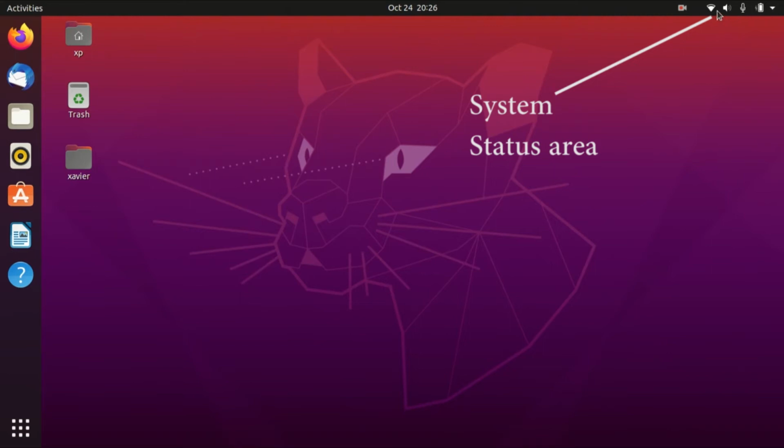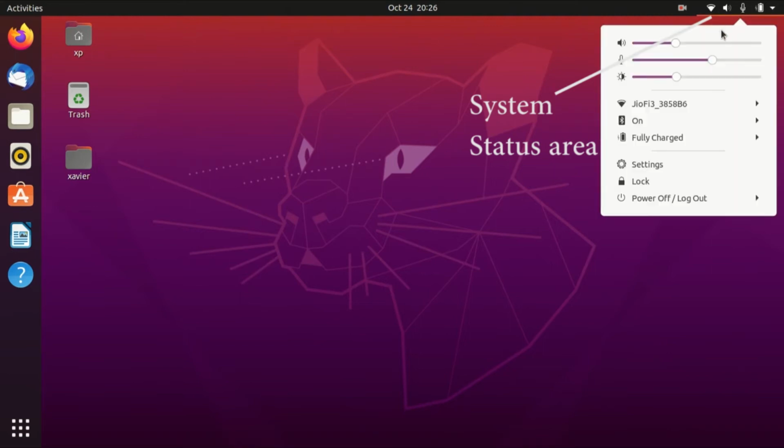On the right side you can see the system status area, and it shows brightness control, sound control, and which Wi-Fi is connected. Whether the battery is fully charged or not, if it is a laptop. Then settings, then the lock.